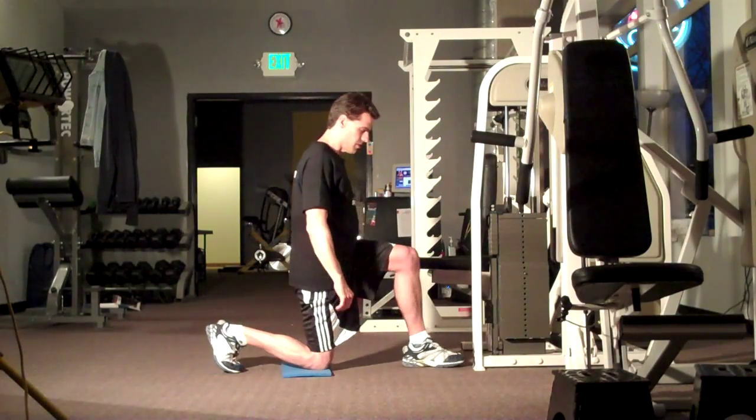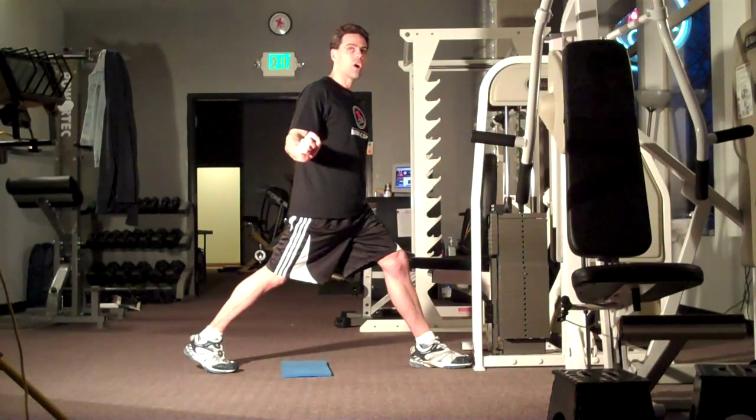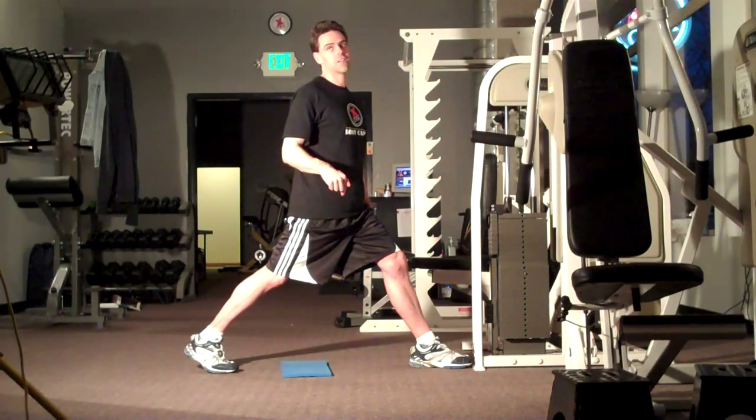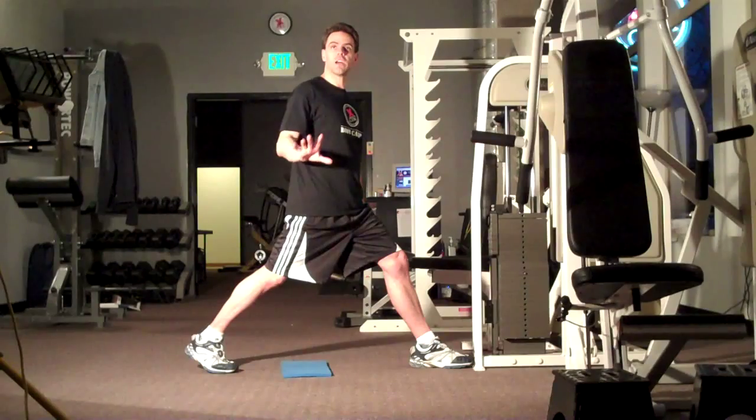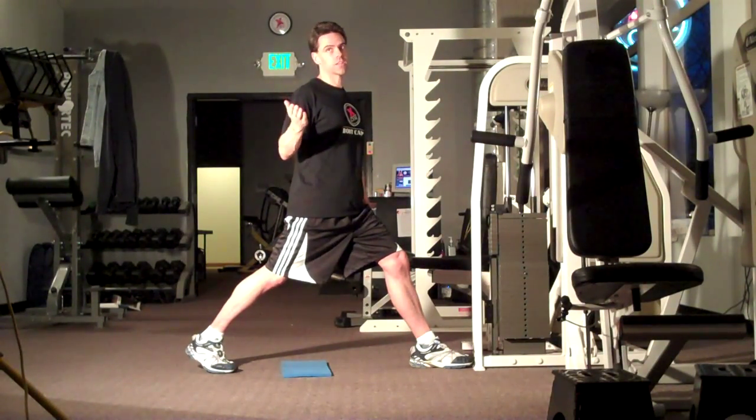So I want to get right into it. And this is the range of motion, just like that. But the protocol we're going to use today is called mid-stops. And this is the second level protocol that we're going to use because you've probably already been exposed to the